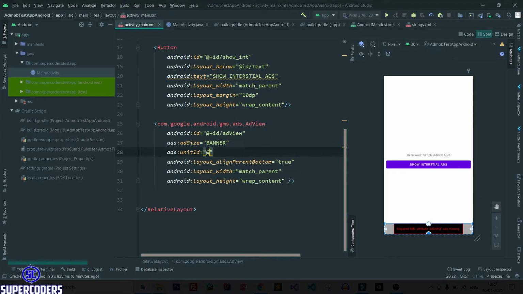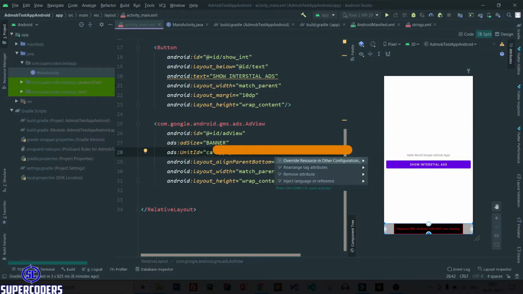After that again add the strings. Let's paste it, and again come here, click Alt plus Enter. Click Alt plus Enter. Okay, it should be ad unit ID.